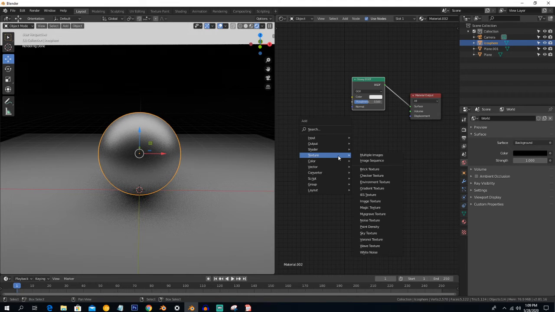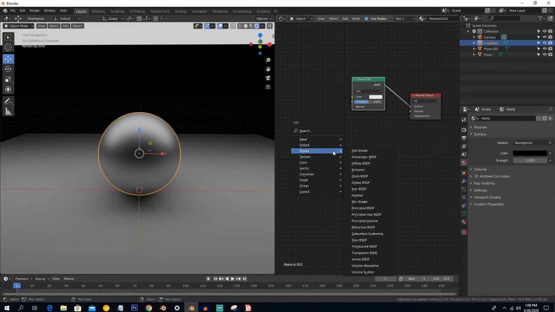Now we will see here these textures except image texture and brick and environment texture and IES. These 3 or 4 textures, except these all others are procedurally generated textures. So we will first choose the Voronoi texture.